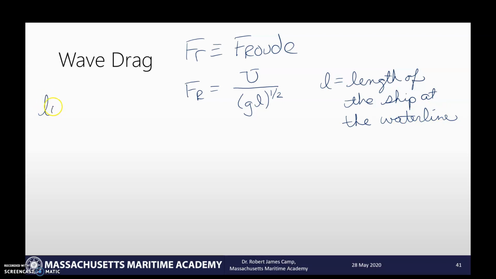And so if we look at this, what does it mean? Well, if I have a low Froude number, that's a big, heavy ship, making big heavy waves. And so they're going to have a lot of pushback on it. So a high Froude number would be like a skier, someone that's just skipping across the waves, making very little